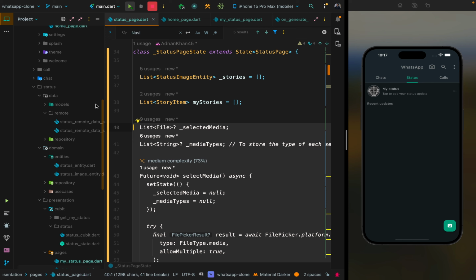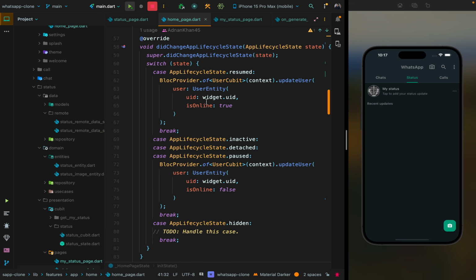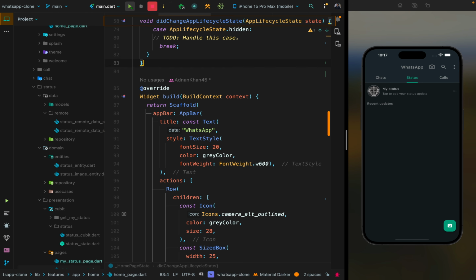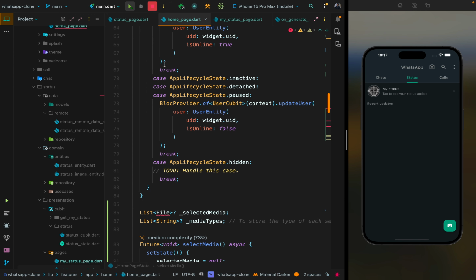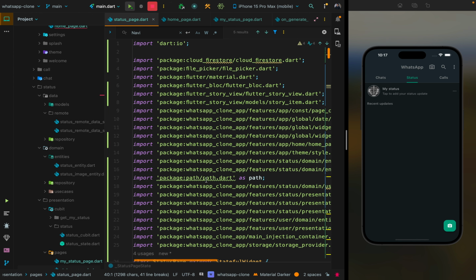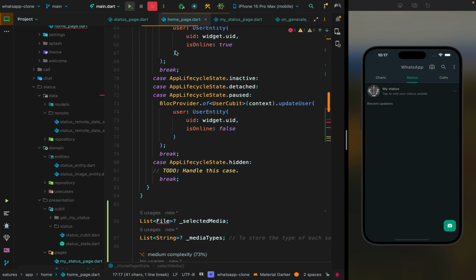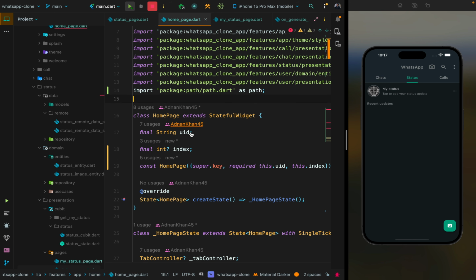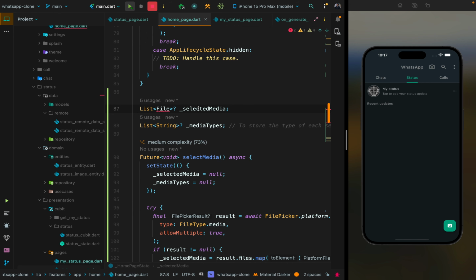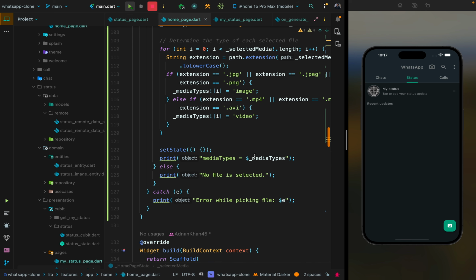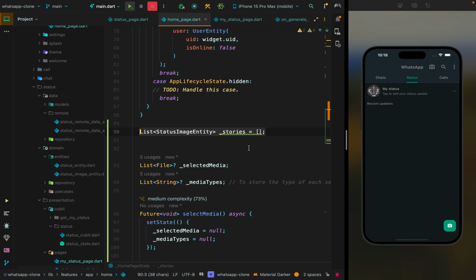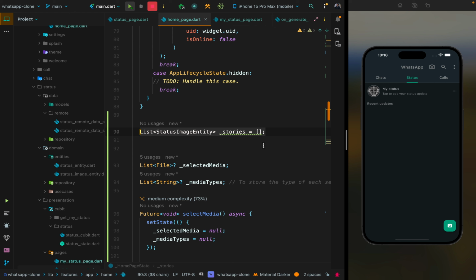So we will go to the home page, and here on top, below this, we'll paste it, and we have to import the file picker. And for path, we have to go to the status page again, and we'll import the path like this also. And for the file, we'll import the dart:io, and we got it like that. Also we are going to have the story so that we can add the data in here